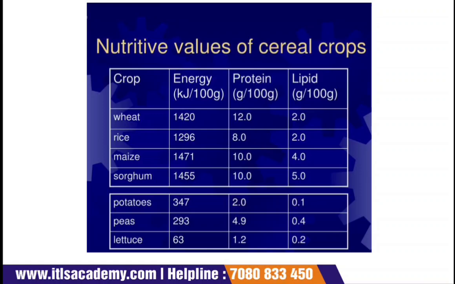of course every crop has different kinds of nutritive values, but the most is there in sorghum, and the energy content of sorghum is 1455, whereas it is comparatively lower than wheat in terms of proteins, and rich in lipids. That is the reason I told you that sorghum is one of the leading cereal crops available in the market, and it is consumed by a majority of people.